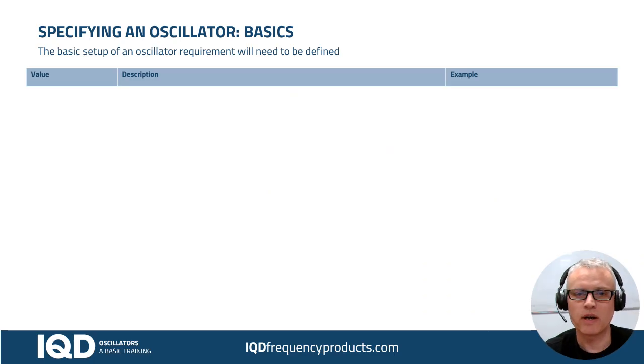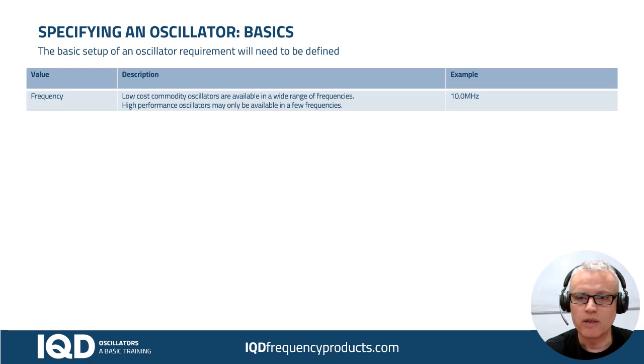So in this slide, I want to cover the basics of how to specify an oscillator. Let's assume you want to buy an oscillator and you approach a company like ours and you ask, I want an oscillator. What are the basic questions we're going to need to go through between us? The first one, of course, is you ask for something that gives a frequency, so we better establish what frequency